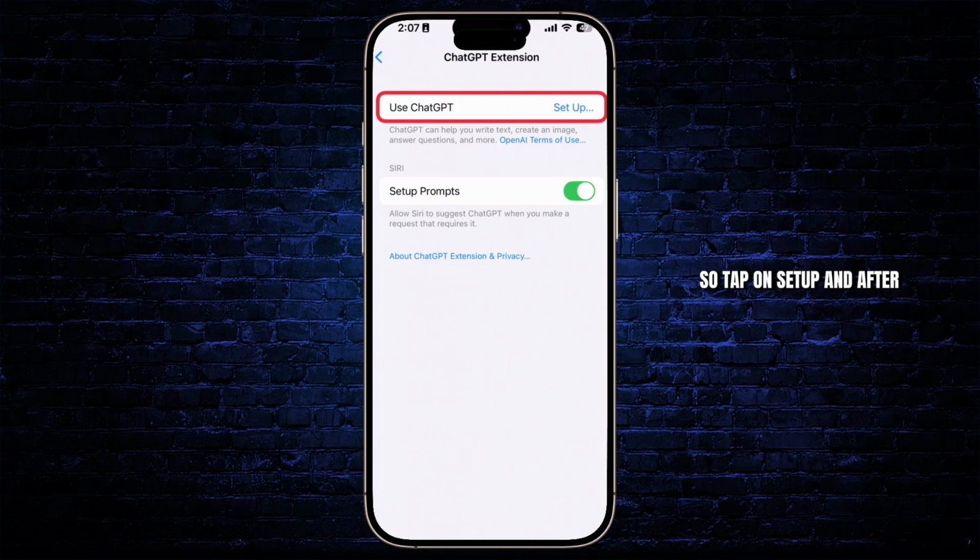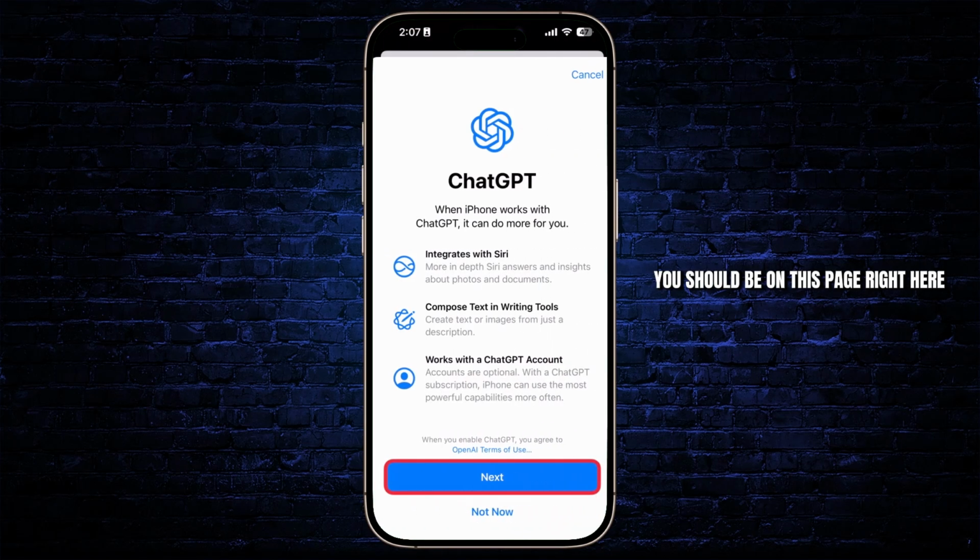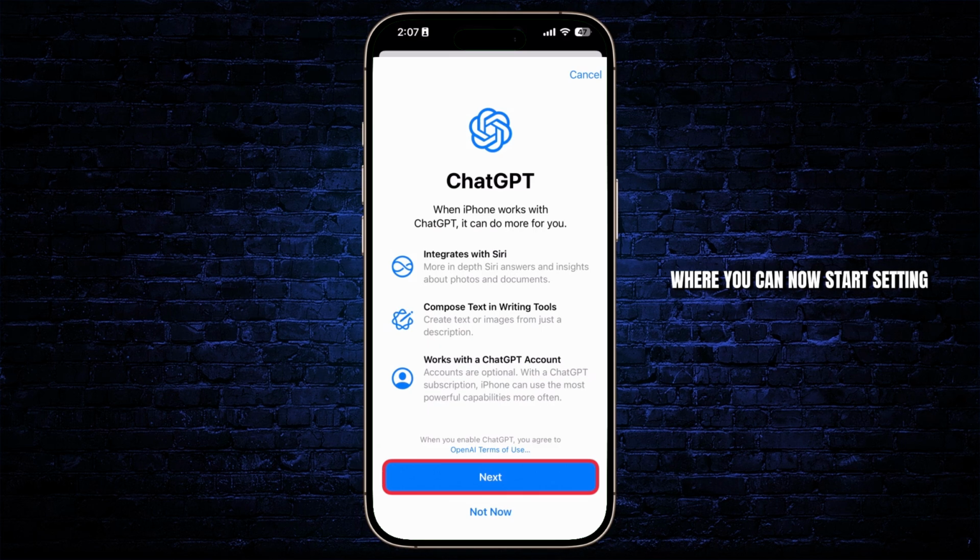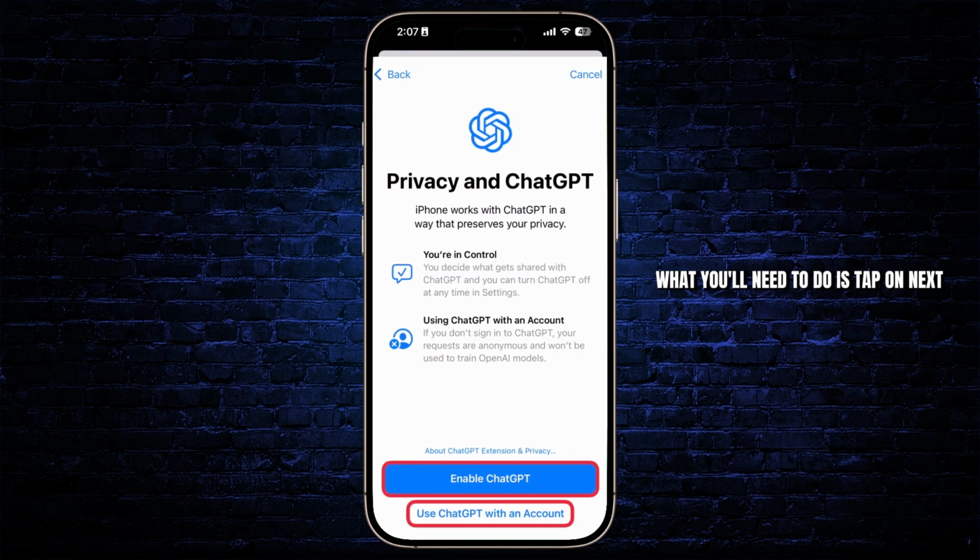So tap on setup, and after you tap on setup, you should be on this page right here where you can now start setting up your ChatGPT. What this does is it integrates ChatGPT on your Siri, it composes your text and writing tools, and many other ChatGPT features. So just do that, and after you've done that, what you'll need to do is tap on next,